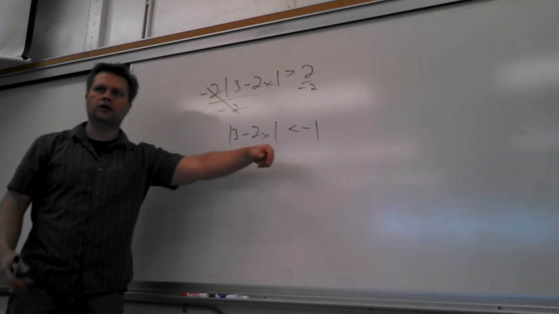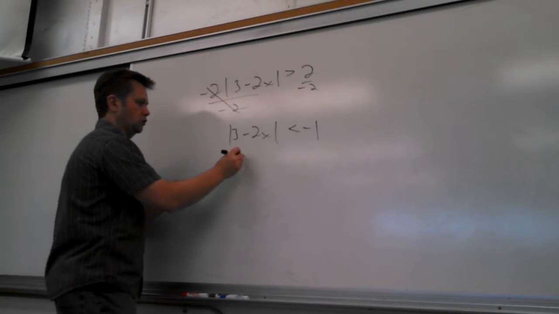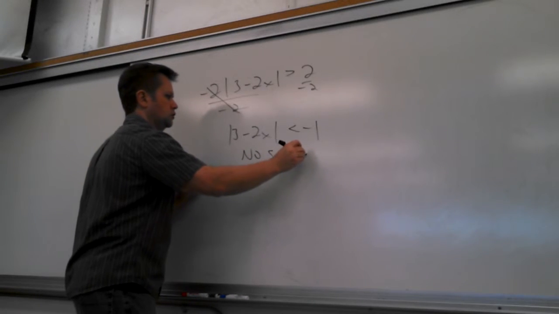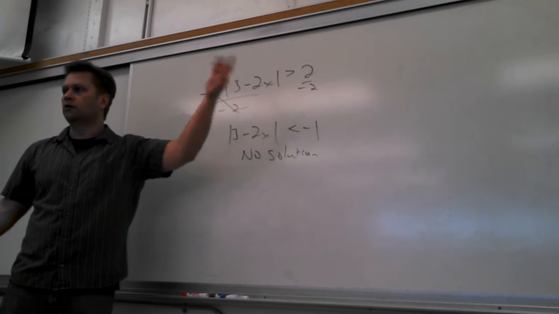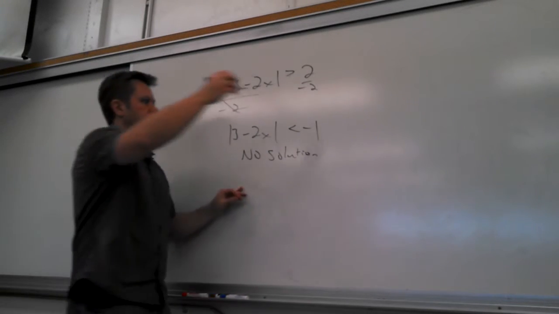It's just like if it said equals, I would say no solution. Now your question, so this is no solution. Does everybody see why that's no solution? Because I can't have an absolute value come out to be less than -1. It can't be negative. What if it was instead